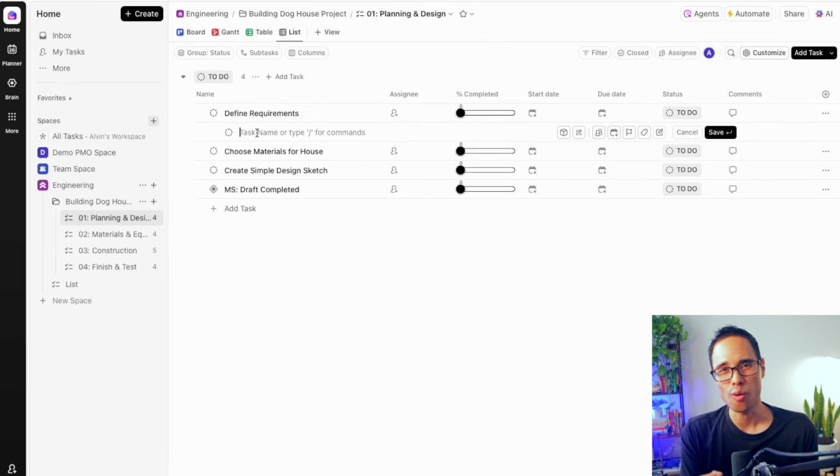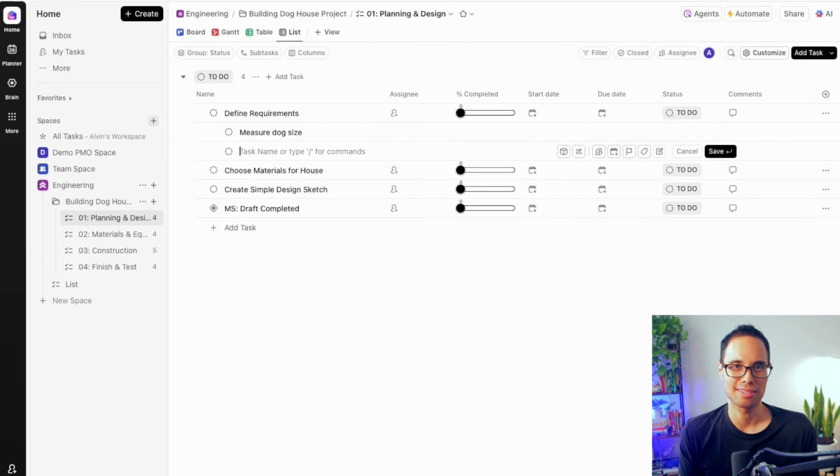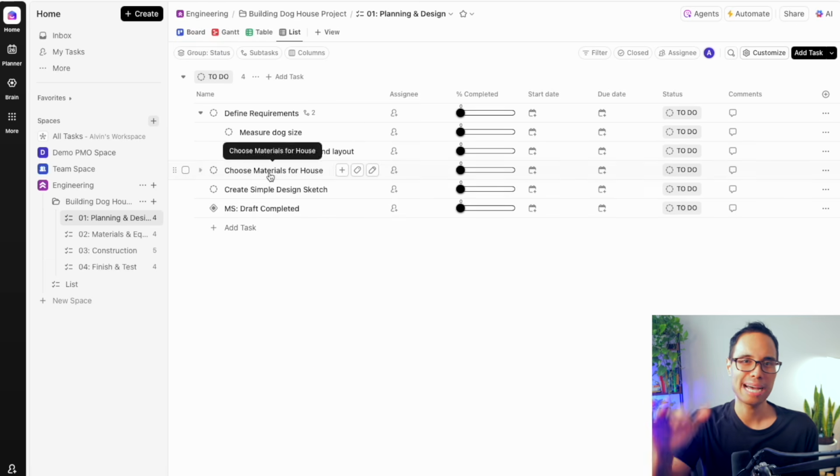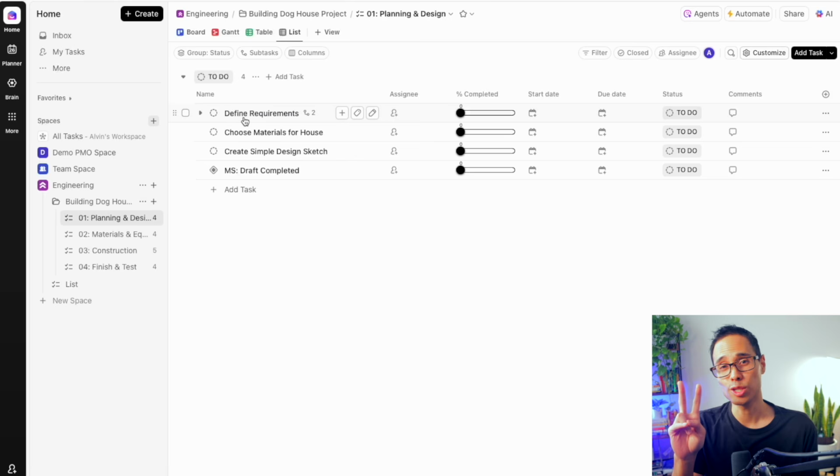This new row is where you can type in your subtask. So let's say that we need to measure the dog size. Press your return key to save it, and then add in your second subtask to decide on the house size and the layout. When you collapse the task, you'll see that there are 2 subtasks mentioned to the right of